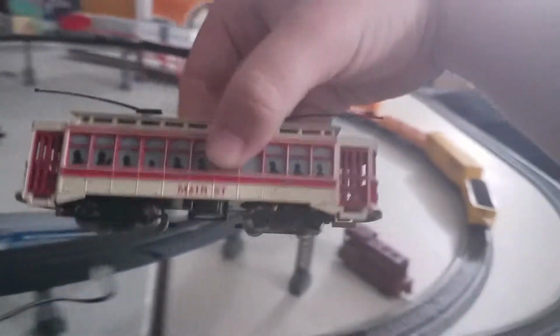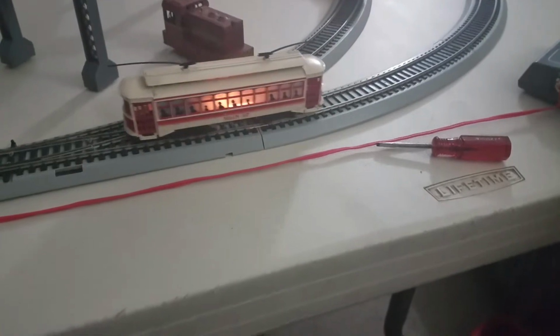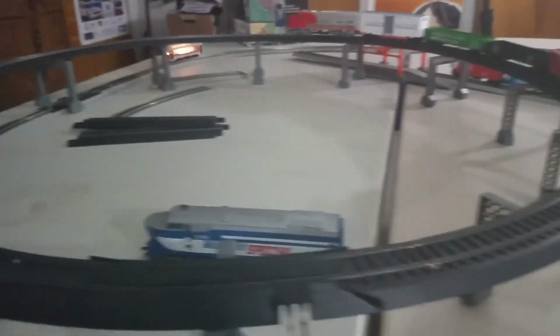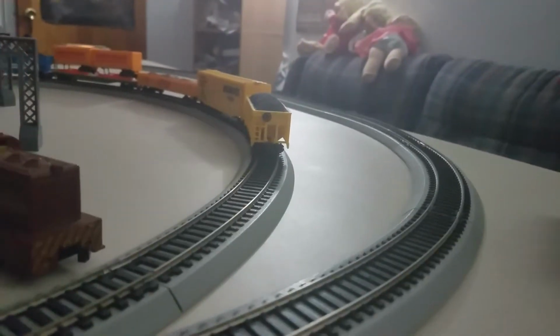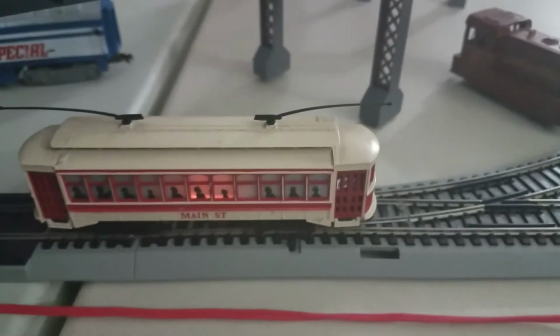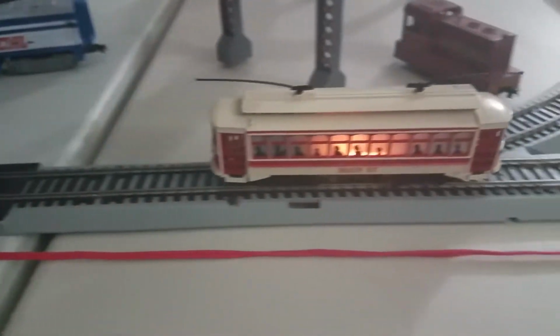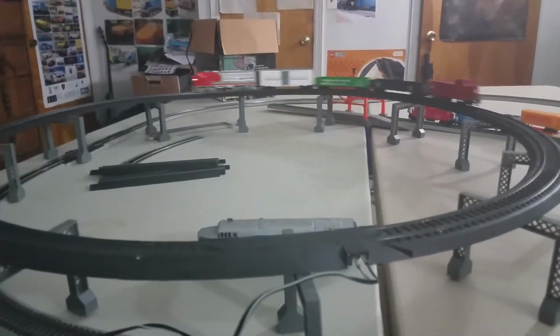I know some people might be questioning about the trolley. You know, the Tyco diesel's back at my grandpa's. He wanted to keep that, so I left it there. This is a Bachmann. As you can see, that runs really well. As it goes around, you know, I'd be killing everyone on board. Yeah, that's good. Yep, it's running perfect. And that diesel from the repair video, one of the fastest things I